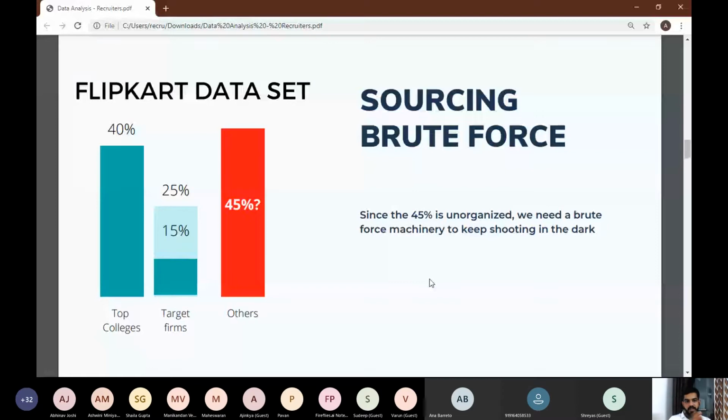Now you have 25% who probably come from your target companies. You might have some 50, 60 target companies, and they come from your target companies. But the point here is that the 25% of data also includes that 15% from top colleges, right? Like let's say if you use top colleges in your search, then those